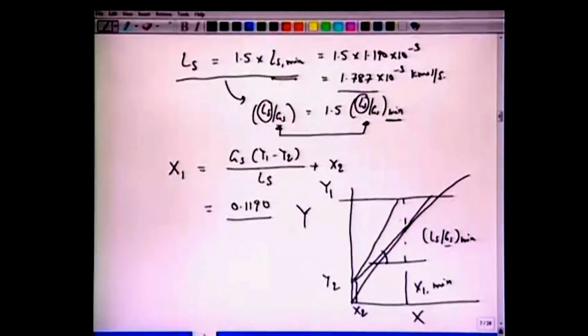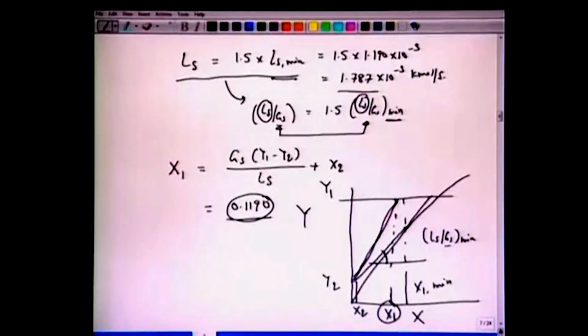Okay, and the curve, when moved like this, is the operating curve. Now we will get x2, x1, which we have just now calculated as 0.1190. So if you want to solve graphically, that will also work. You know the slope, take 1.5 times to obtain this line, and then read from the graph